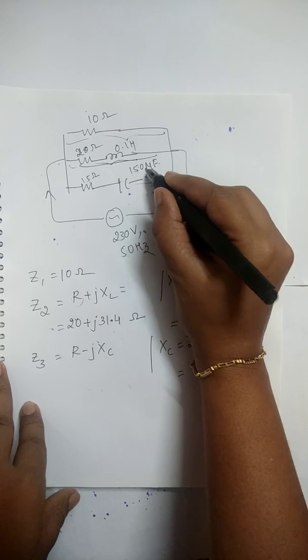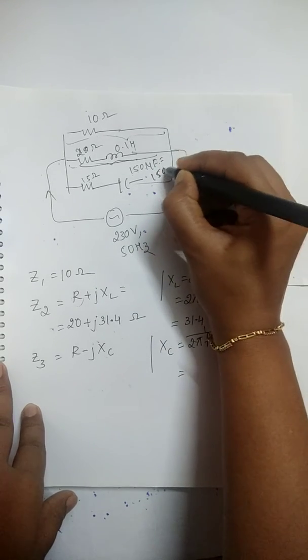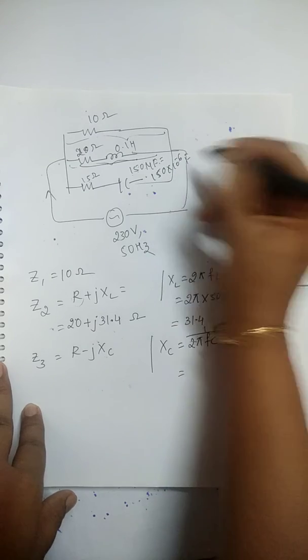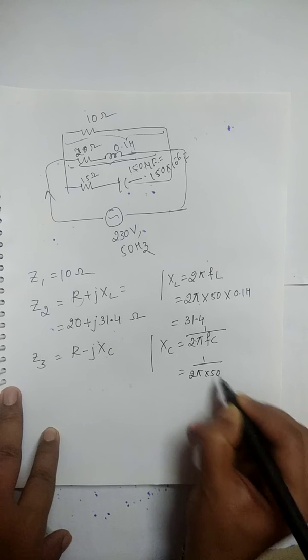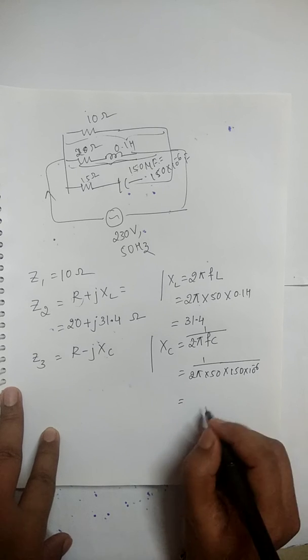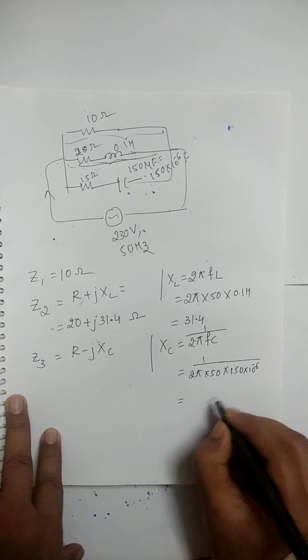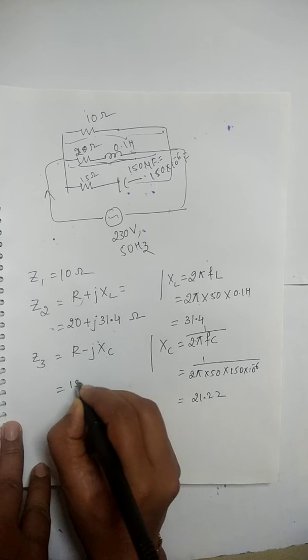So it is 150 into 10 to the power of minus 6 farad. Let's take 2 pi into 50 into 150 into 10 to the power of minus 6. After doing this, you get 21.22. Therefore it will be 15